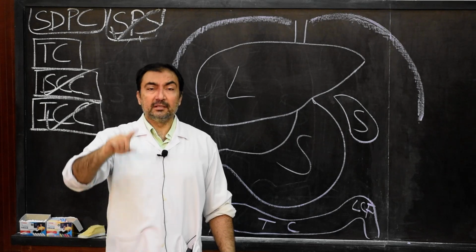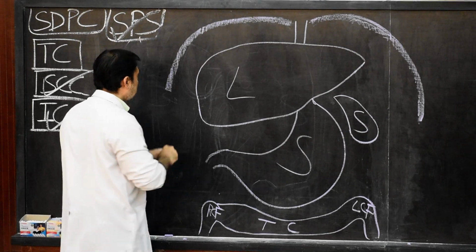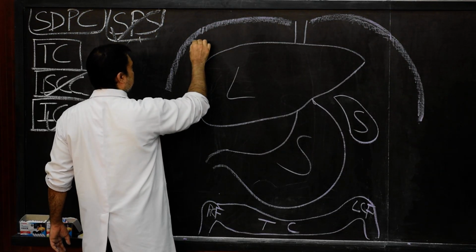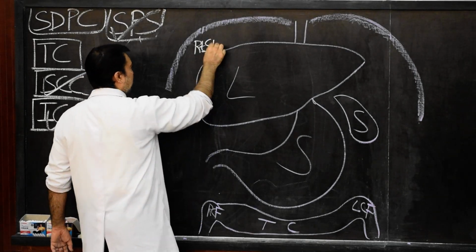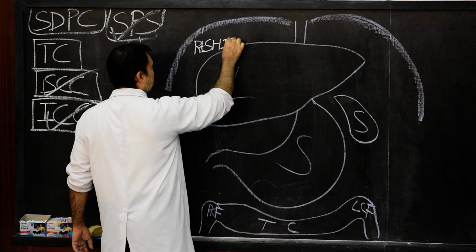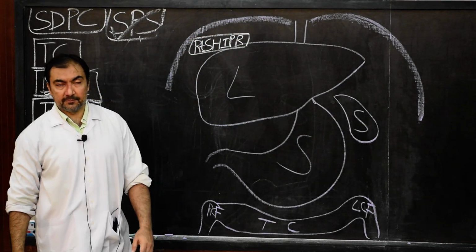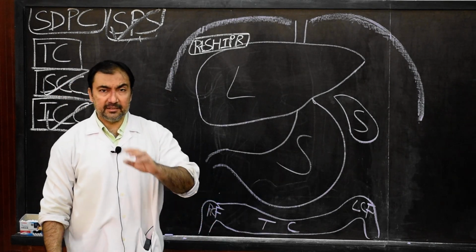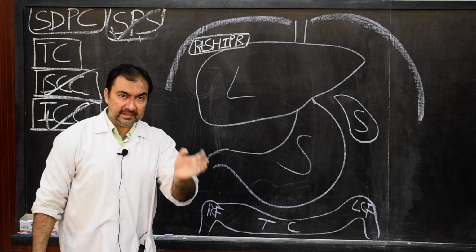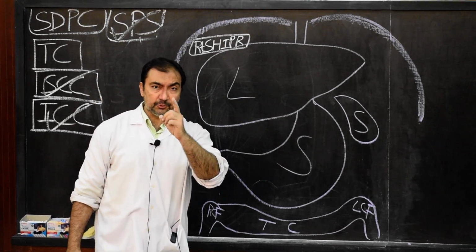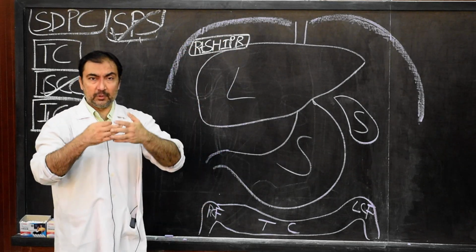intraperitoneal suprahepatic recess. So the first recess name, I will write on this side, is the right suprahepatic intraperitoneal recess. This is the first one. The right suprahepatic intraperitoneal recess, or simply the right intraperitoneal recess, or the right suprahepatic recess, but we have combined these two synonyms into one.